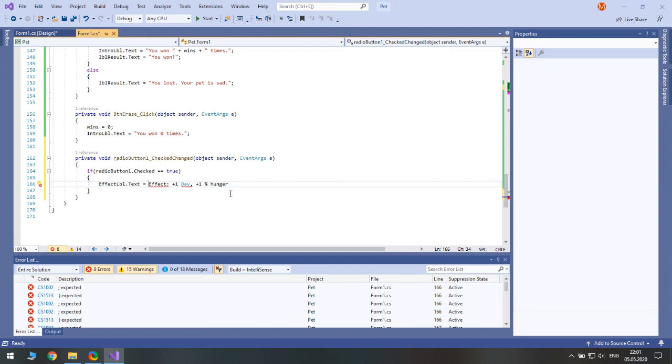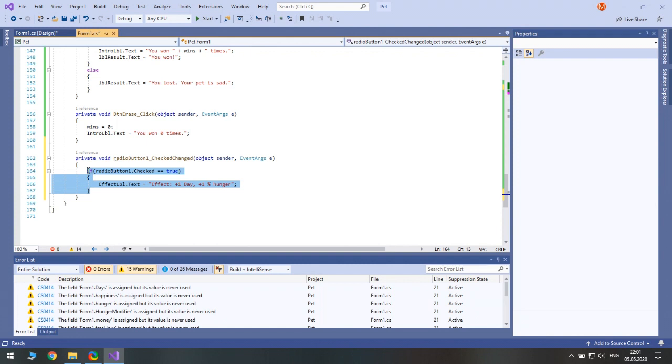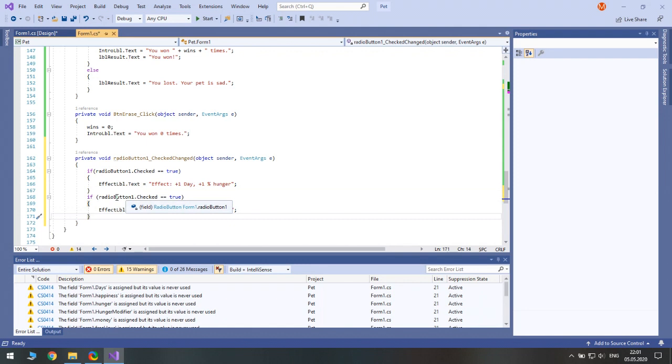So effect is as follows. And next we check whether the second radio button is checked. Its name is not radio button, it is hchoice2, and if it is, there is no effect, so effect none.